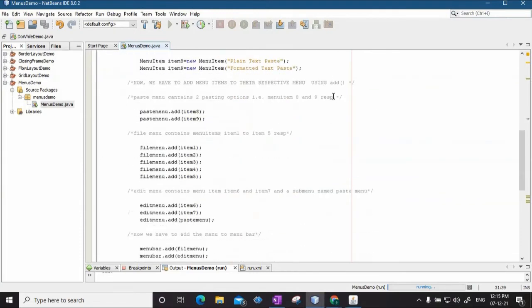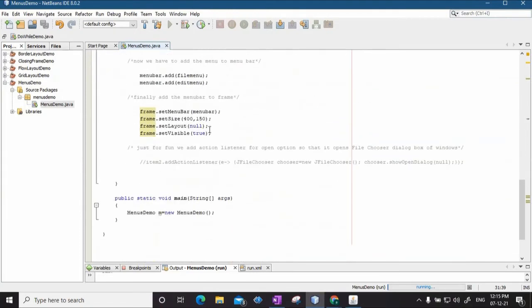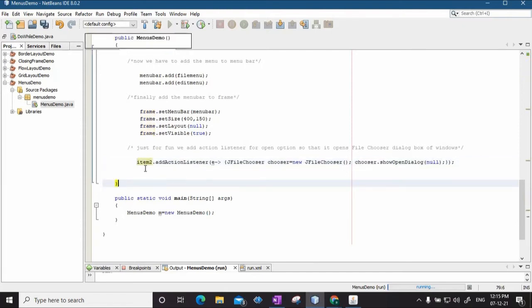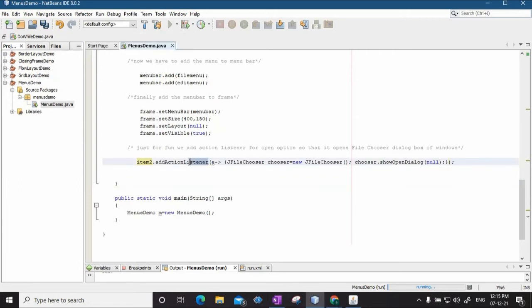So I am adding a small line here. Please note, I am saying item 2 dot add action listener. Add action listener is a method that will add the action listener. The action listener is the object that will note that a particular event has occurred and take the corresponding action.